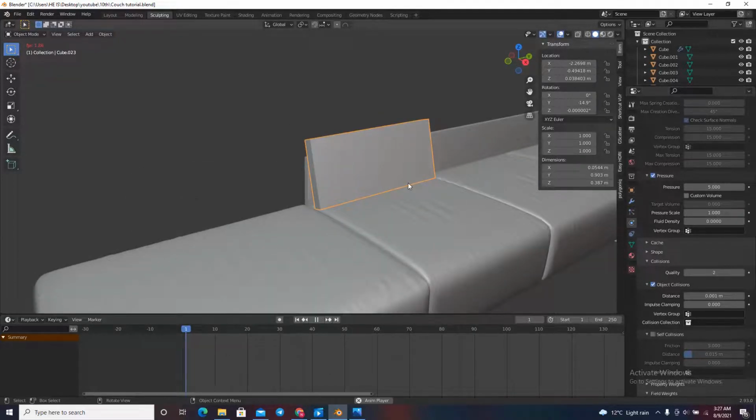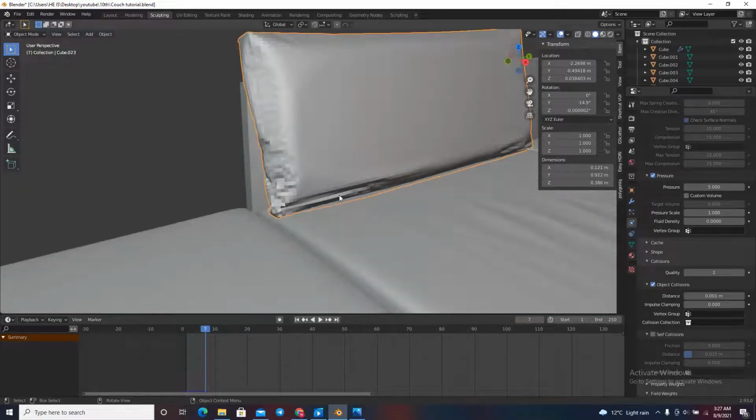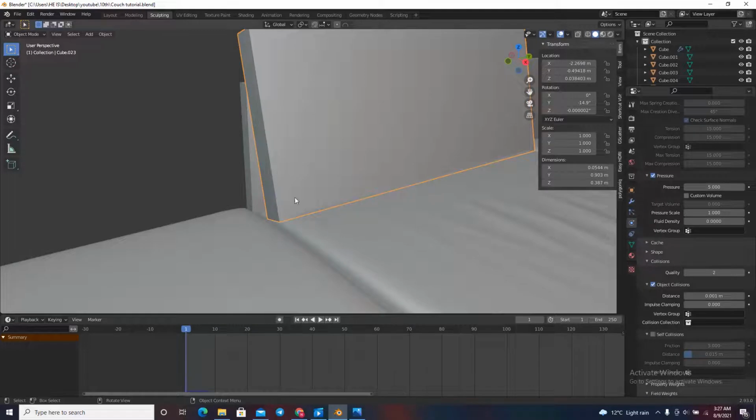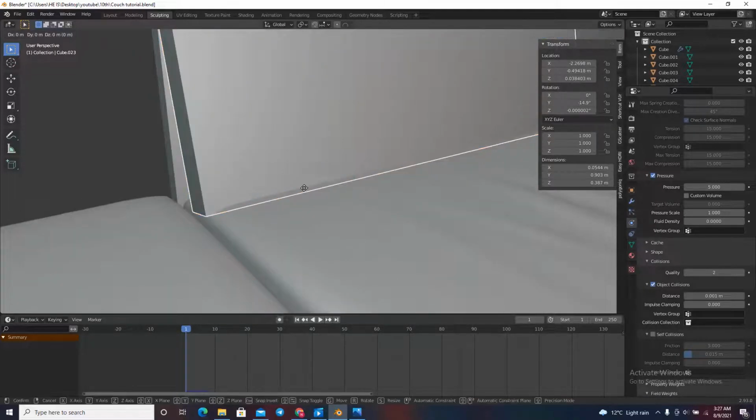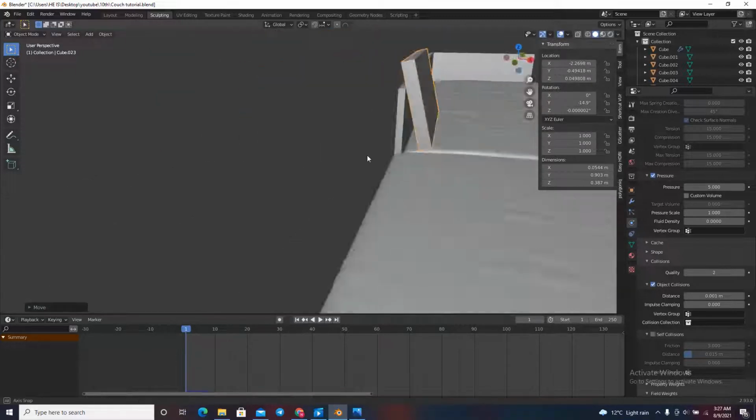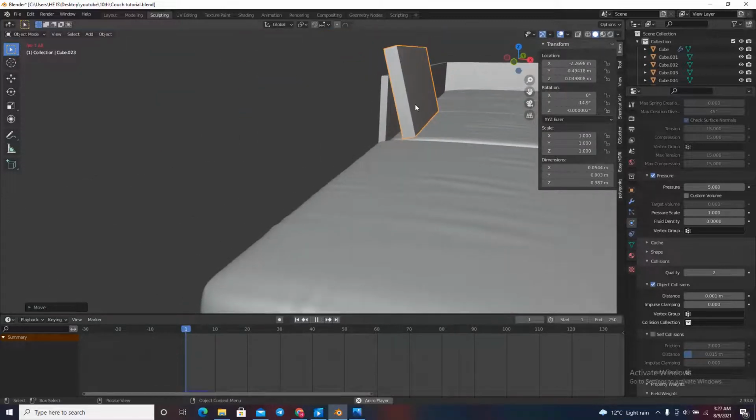And if I hit play again, this is simulating, but there is some problem right around here. The reason for that is this one is intersecting with the seating. So I'm going to move it, press G Z and move it a little bit upward, so that it won't intersect. So if I hit play,